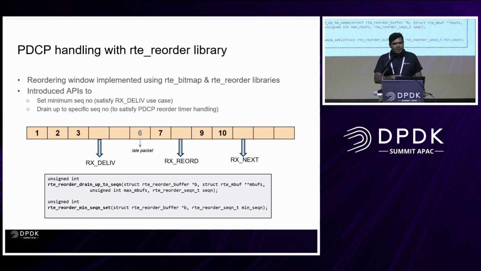The second API is also just to set an internal state, which doesn't affect the behavior for anyone who is using RT reorder. The first one, again, there is an RT reorder drain. That we didn't touch, because that gives the application